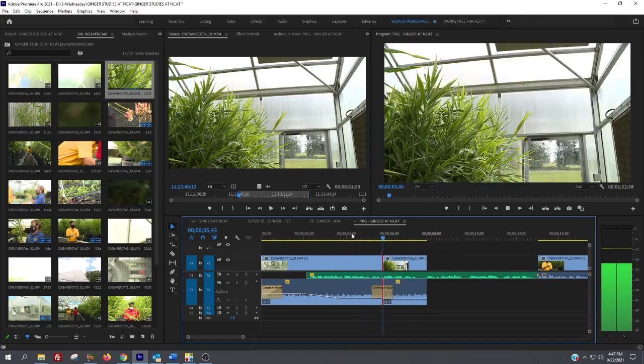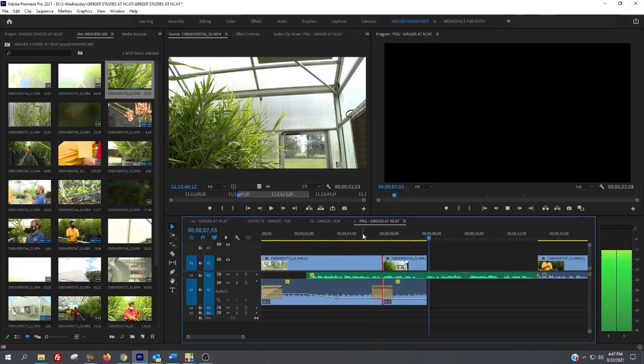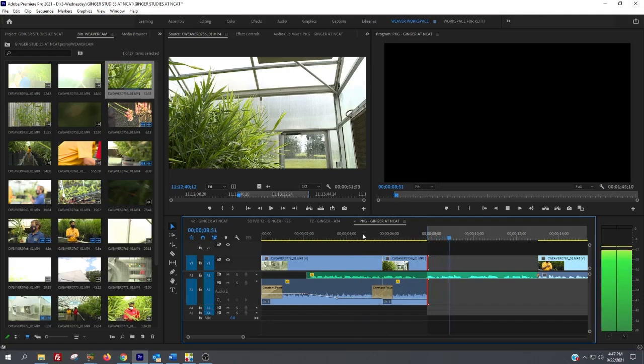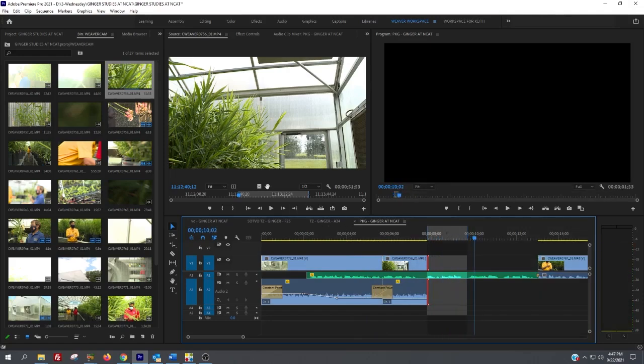Greenhouse is filled with tall green plants. Plants that could one day bring